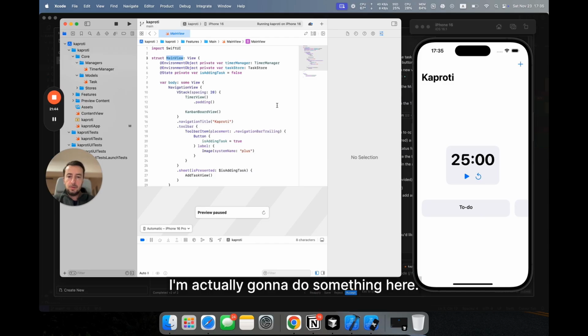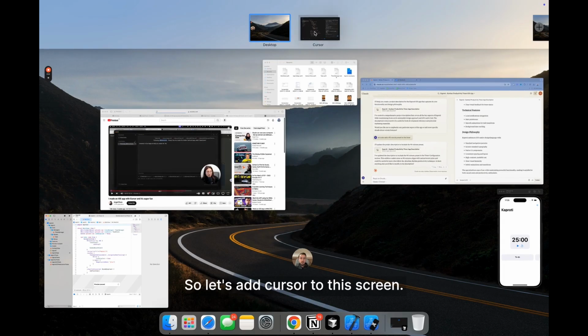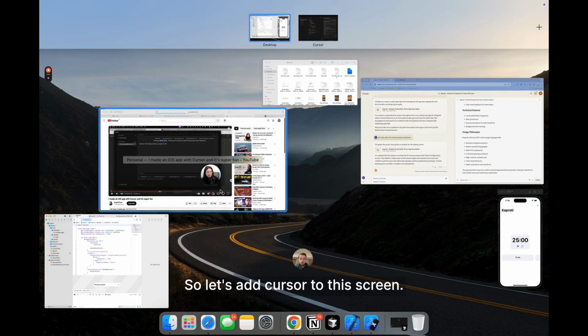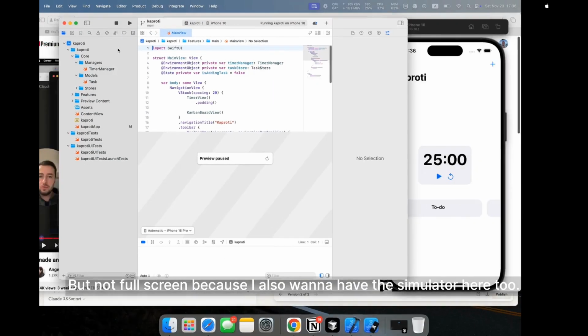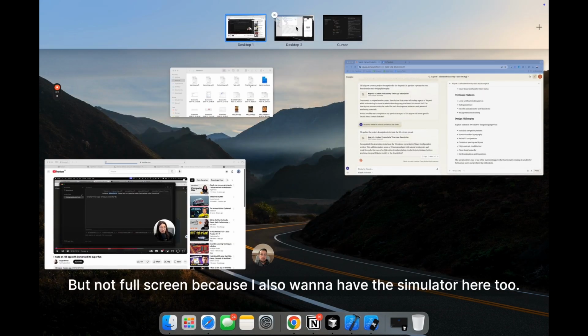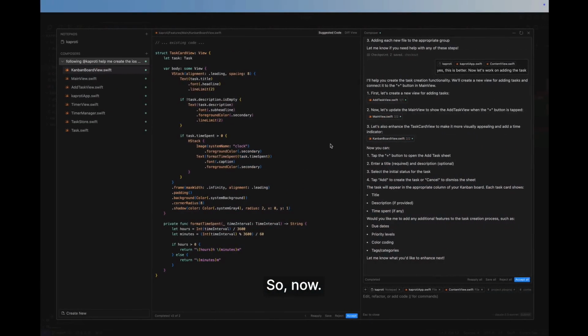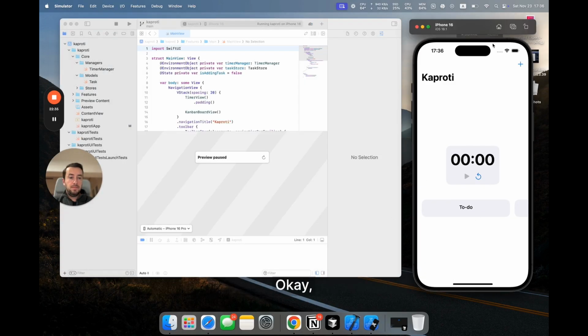I'm actually gonna do something here because this is getting a little bit frustrating. So let's add cursor to this screen. Let's add Xcode to this screen, but not full screen because I also want to have the simulator here too. Okay, so now we have that. Let's see what it does, what it did. Okay,